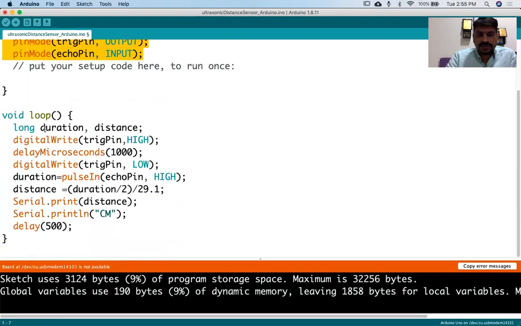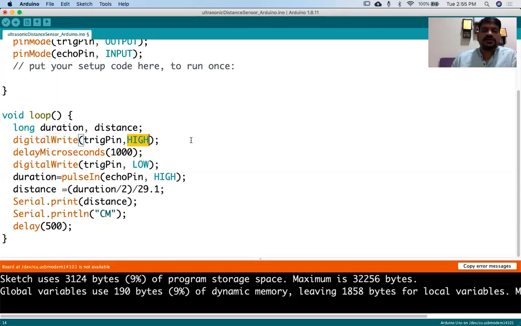Now inside the loop, we have taken two long variables. Long is for the floating point values, you all know that. Then we have an inbuilt function, which is digitalWrite. So we'll write something. We'll write the voltage into the trigger pin and we're making it HIGH.